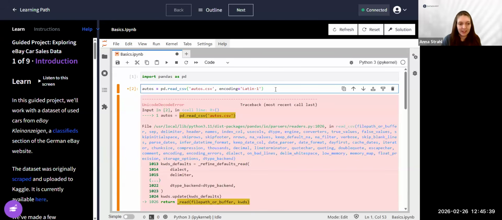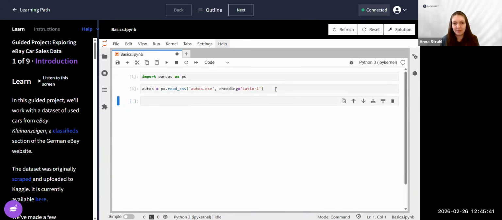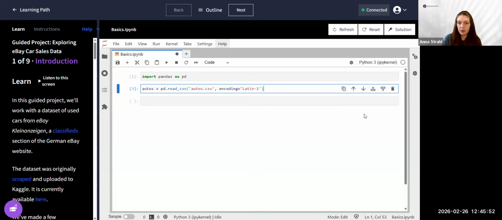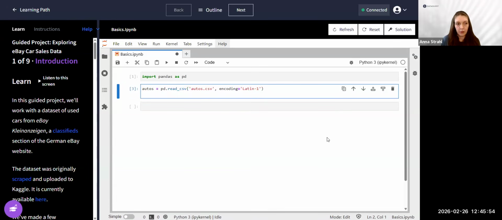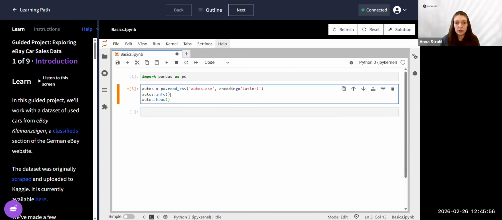I'm going to press Shift Enter to run the cell. And we can see it runs. We don't get an error because we have a number in our bracket here. So Latin 1 solved our encoding issues. Now in the same cell, now that we've debugged, I'm going to display some information about our data. We're beginning the data exploration phase because we can't do any analysis until we understand what our data is actually